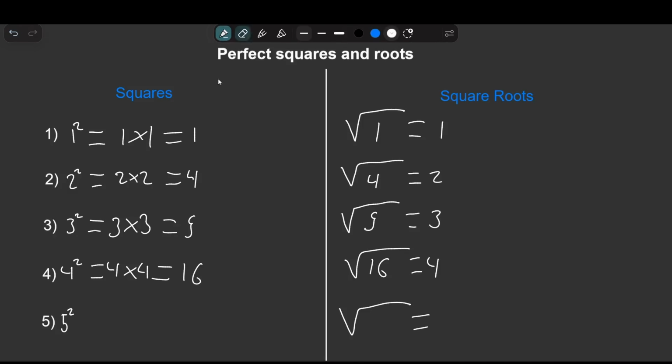So, on to the last one of the 5, we have 5 squared. 5 squared, again, is 5 times 5. This will equal 25. Now, the square root of 25 will be 5, because we know that 5 times 5 equals 25. So, I know all of these by head,